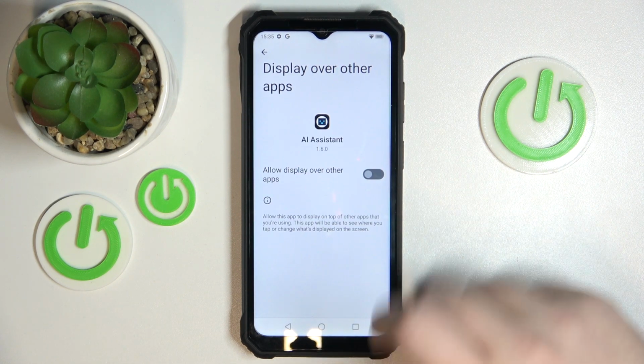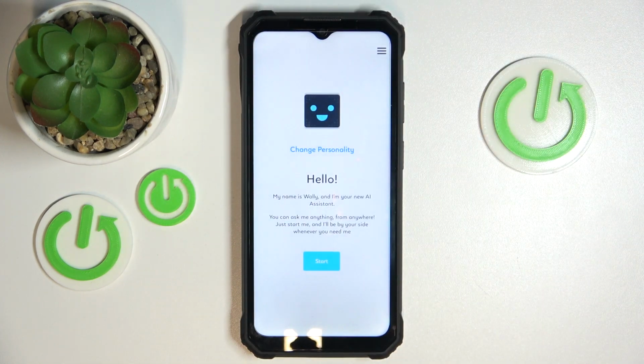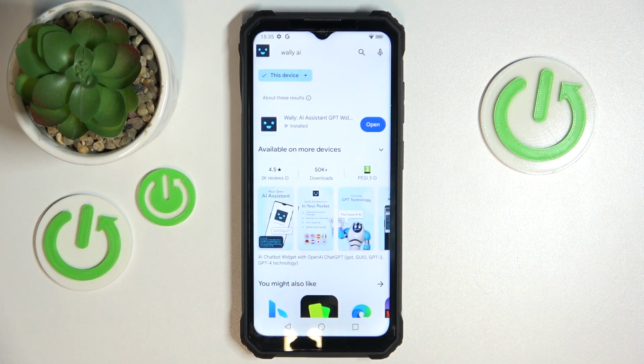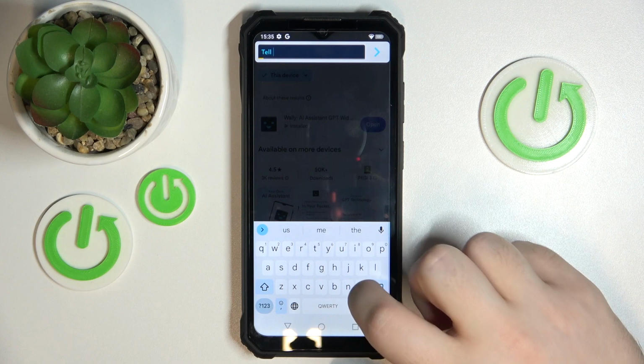Now click on AI assistant and click here to allow this app to display over other apps, and then click back and click back again. Now you can click start, and as you can see, here is your Chat GPT widget, and you can open him and tell him to do something